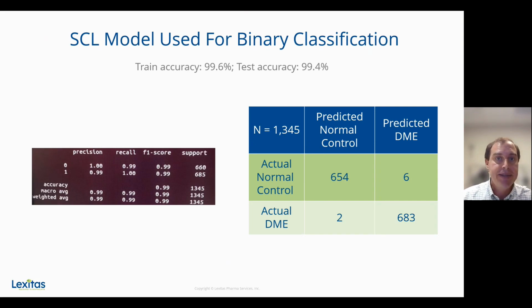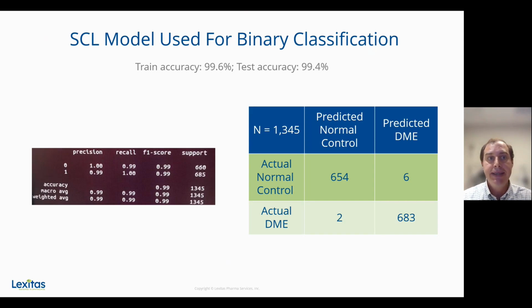So the train accuracy was 99.6% and the test accuracy was 99.4%. And of that test set of 1,345 OCTs, you see that there was a false positive rate of 6 patients and a false negative rate of 2 patients, which is incredibly accurate for a model. So this was really encouraging to us that this machine could really pick out patients who have diabetic macular edema